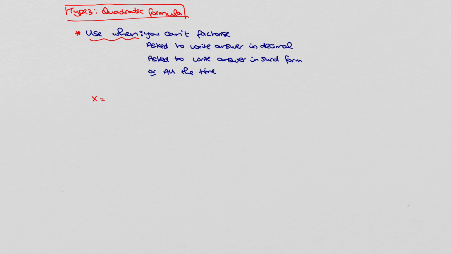And we'll see that when we have a quadratic equation, ax squared plus bx plus c equals 0, a being the coefficient of x squared, b being the coefficient of x, and c being the constant, then if we want to solve this, we can say x is equal to minus b plus or minus the square root of b squared minus 4ac all over